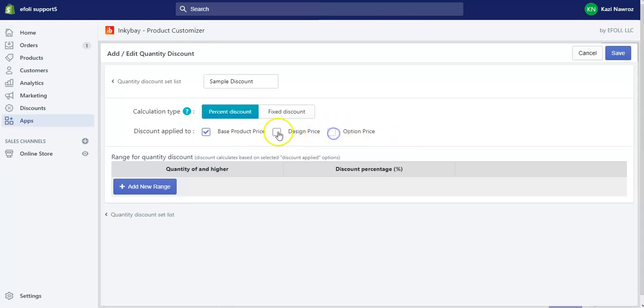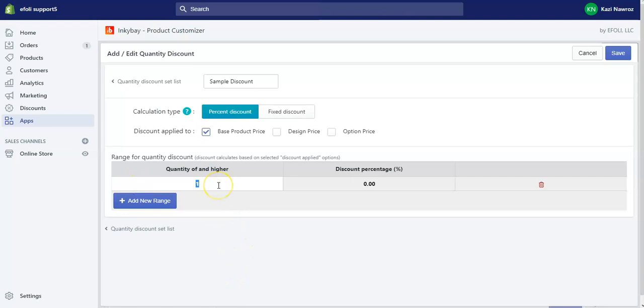So let's give it for the base product price, and then add a new range. Suppose for 100 units or higher, you will give your customers a discount of 25%. Now, if your customers select more than 100 units of your product, they will be given a 25% discount for the base product price, as you have selected the base product price.